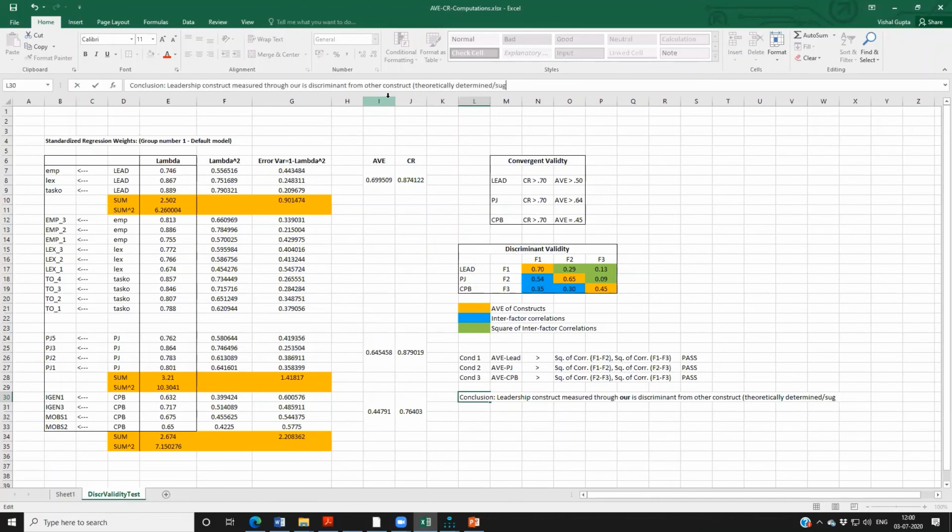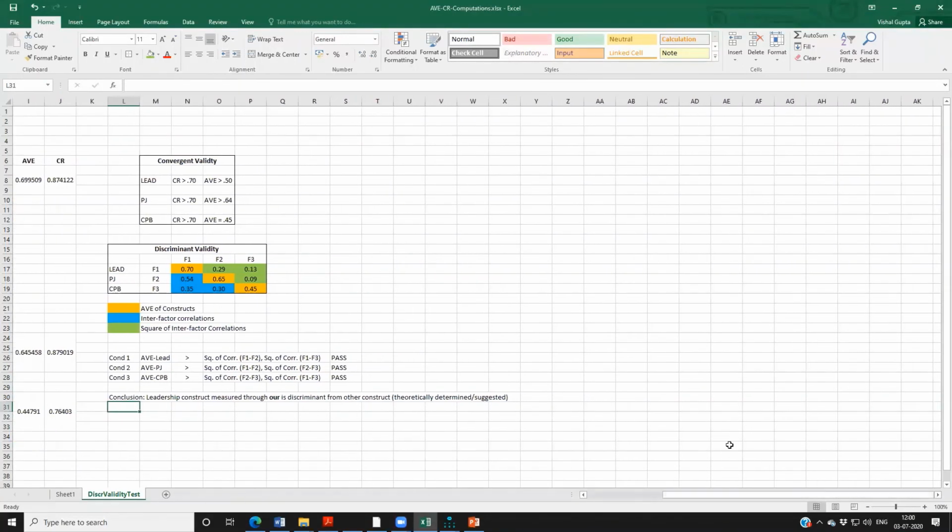So we know that leadership is not the same thing as PJ. Leadership is not the same thing as creative performance behavior, right? So this is what we are concluding from our test result, right? And therefore, our scale, our instrument is a good measure of the construct that we are developing, or the construct that we have in mind for which we are doing this exercise. So this is convergent validity, discriminant validity, and now we go